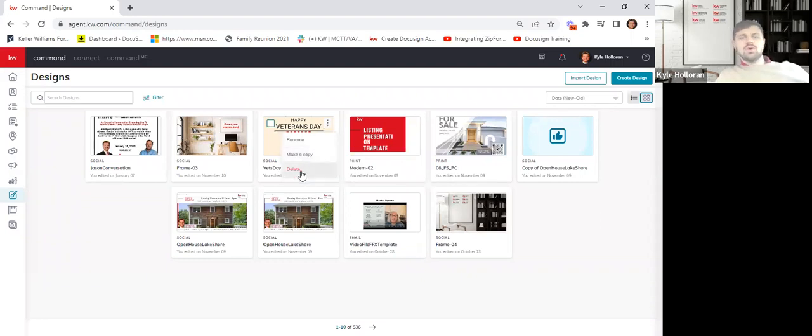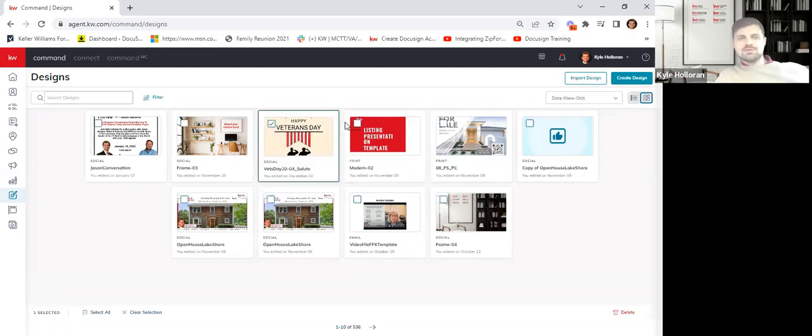You can also delete one. So if you've created some of these in the last couple of years and you want to do some cleanup, you also have the ability to delete different ones, okay? There's also some check boxes here, guys. So you can see here that there are some bulk actions you can do. This is new, so I can select multiples and I can say, you know what, I want to clear all of these, or I want to select all, or I want to delete down here in the bottom right-hand corner. Make sense?